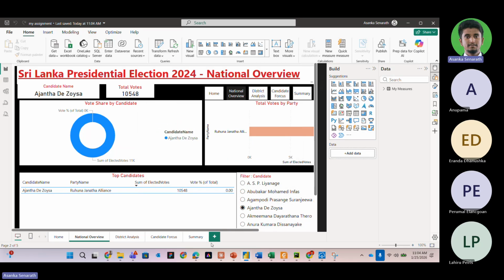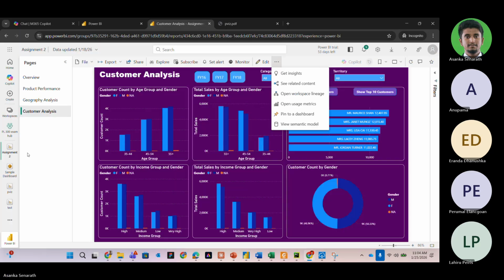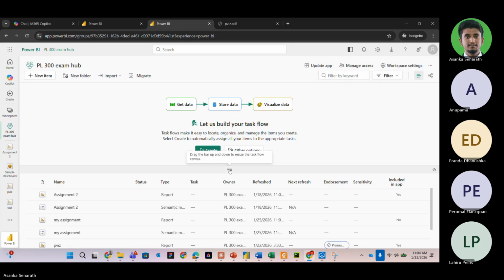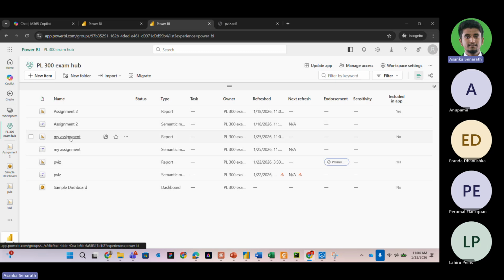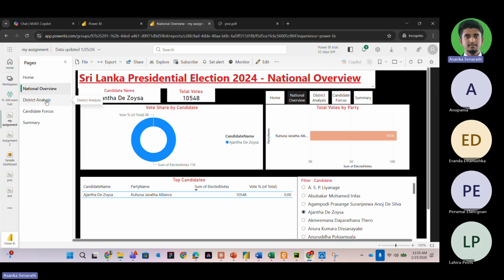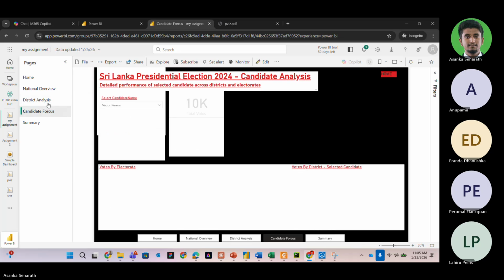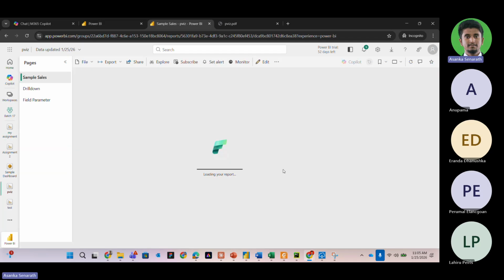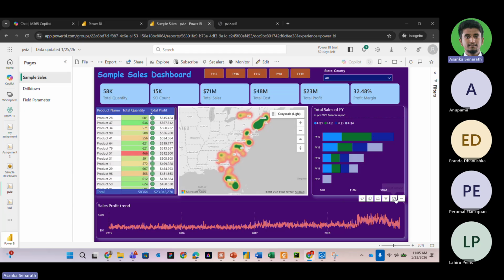Okay, now if we go to my workspace, we have this new report. In this new report, before we publish, we have made a change there. Now if I select this visual, can you see on the top of this visual there's a small icon? In the other report, you will not see that icon. So here you can see it does not have that icon.